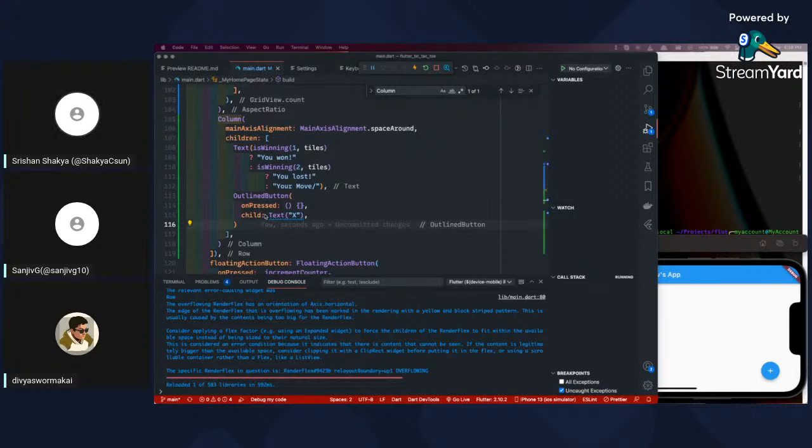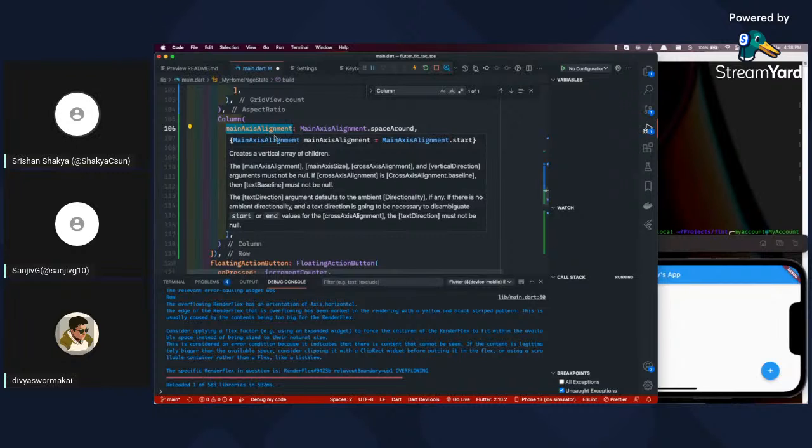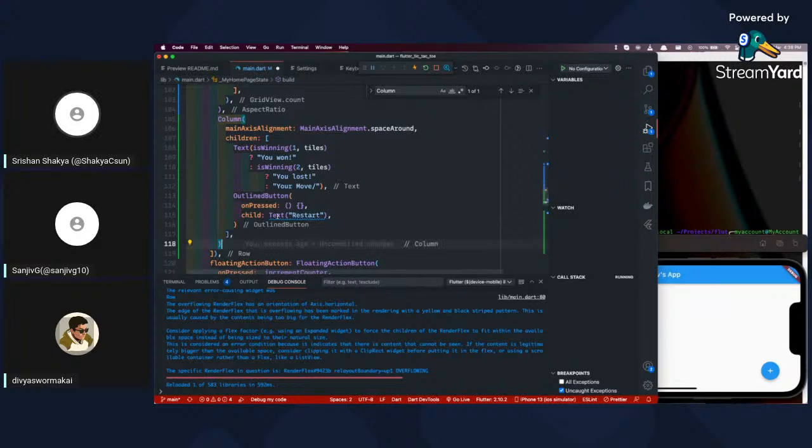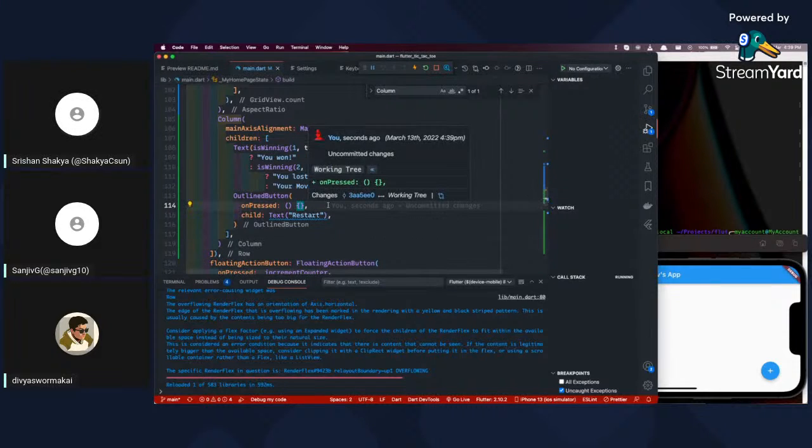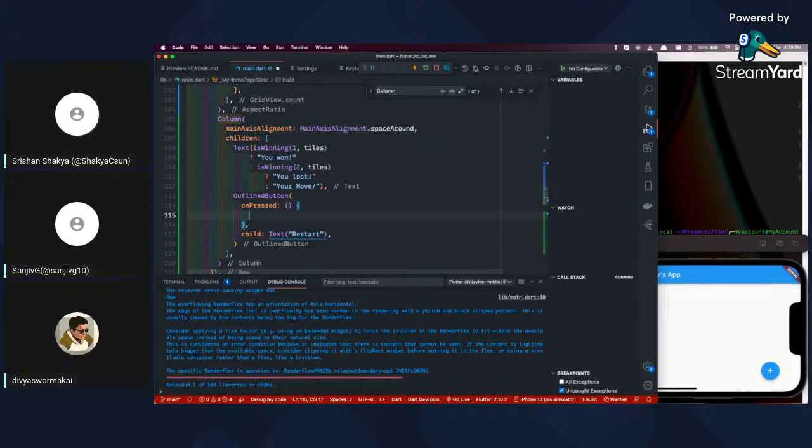So for the column, the main axis is the y-axis, because the column lays its children out in the vertical direction. But if we are working with a row widget, then the main axis would be the x-axis, the horizontal axis.